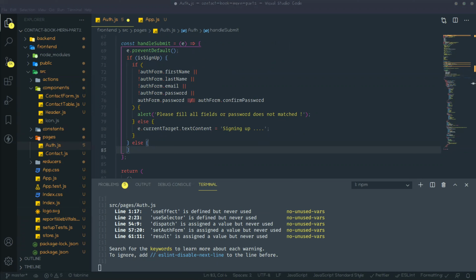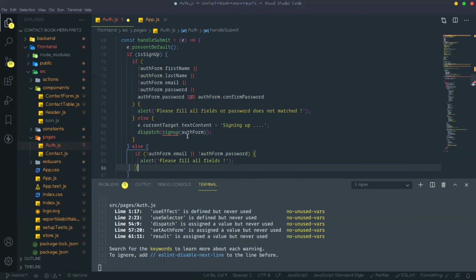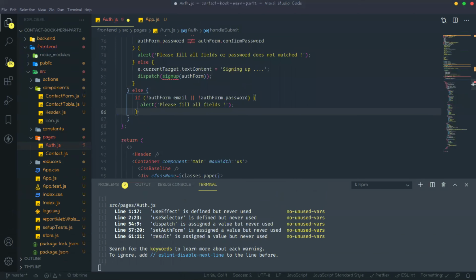And then we need to dispatch one action. That action we will create, no issues. First dispatch the signUp, this is the action that we will create, and we need to send one argument, meaning the whole JSON object we need to set. Okay. So that is for sign up. Now for sign in, if email ID or password is not provided, then you need to show the alert, please fill all fields.